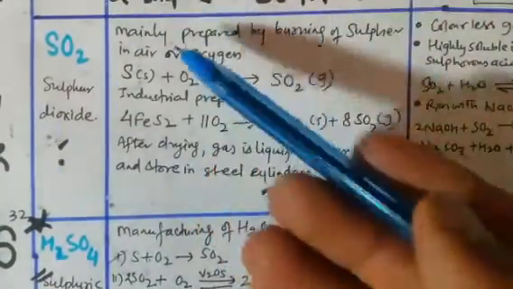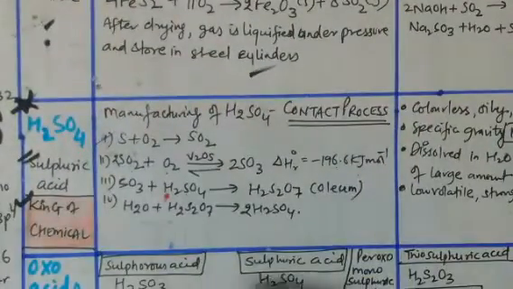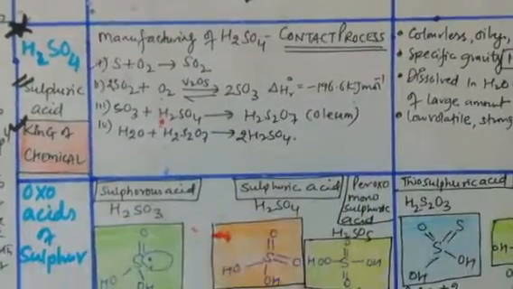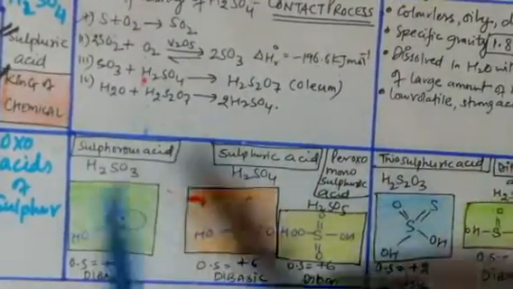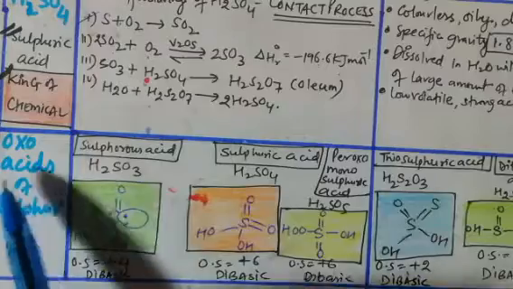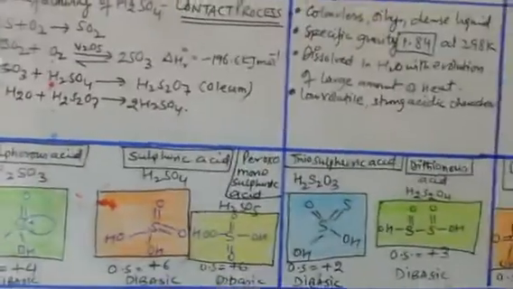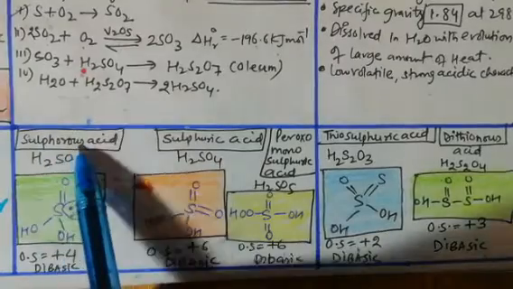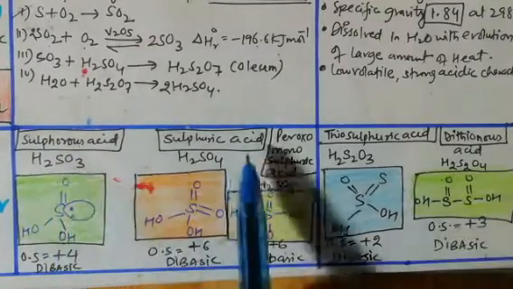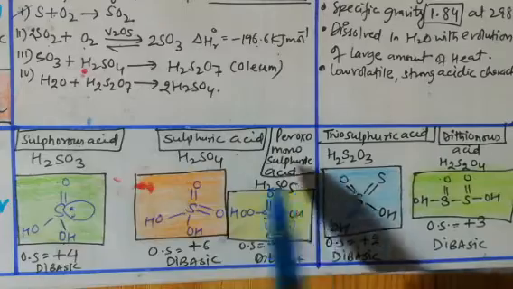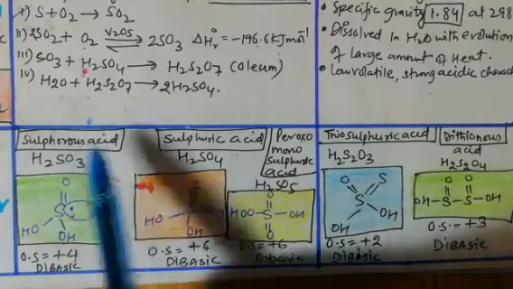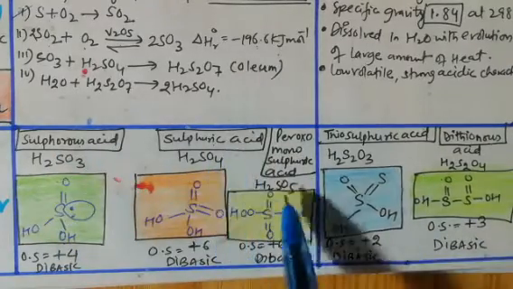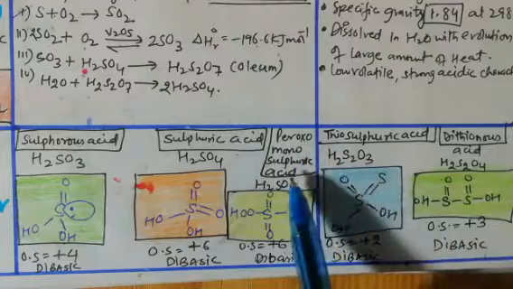Examples are there. Now dear students, as you know, we have done oxygen, dioxygen, ozone, and acids of simple oxides. In a similar way we will do the oxo acids of sulfur, like the way we did oxo acids of phosphorus, where we did hypophosphorous and orthophosphorous. First we will start with sulfurous acid. The formula is H2SO3, then H2SO4, then H2SO5. H2SO3 is sulfurous, H2SO4 is sulfuric, and H2SO5 is peroxomonosulfuric acid.